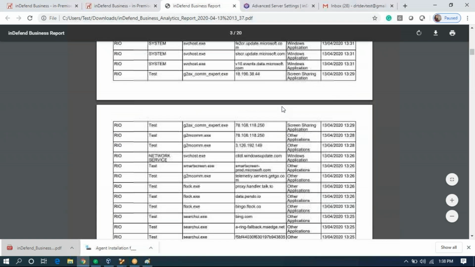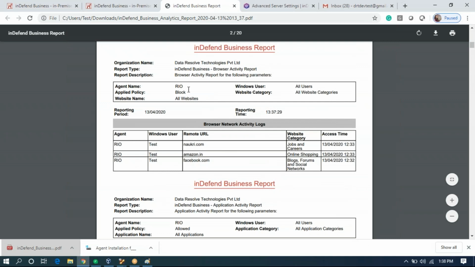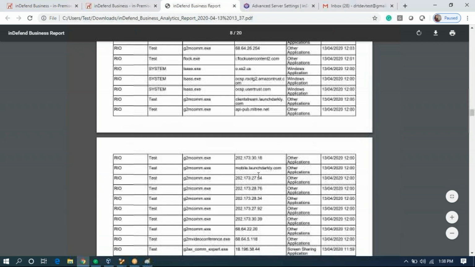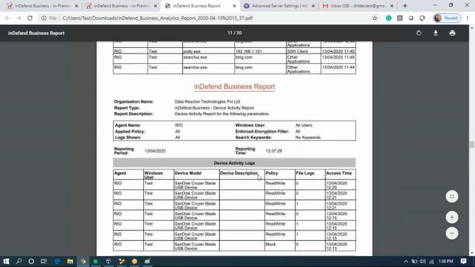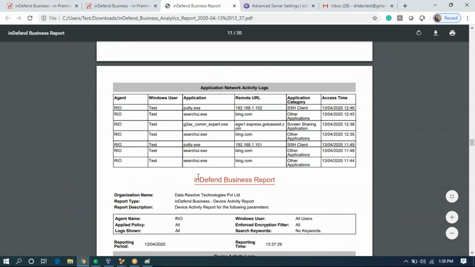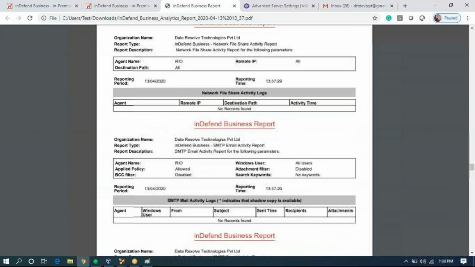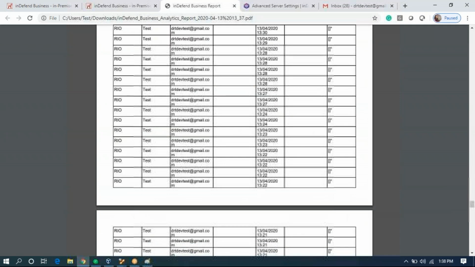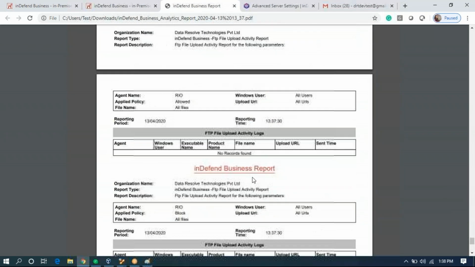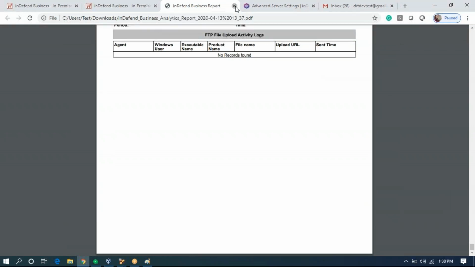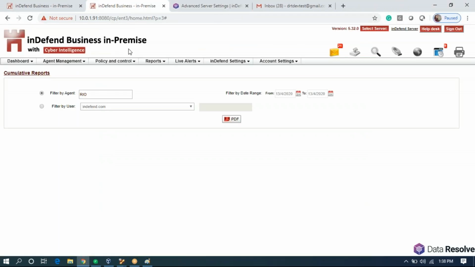So as you can see, these are the complete activity reports, allowed and blocked. These are the blocked URL based reports. There are 3 blocked URL activities that we performed. Similarly, allowed application activities, blocked application activities, USB based activities. So all the allowed, blocked, email activity or access, you receive in the complete activity report. So this is how you can create and define policies.